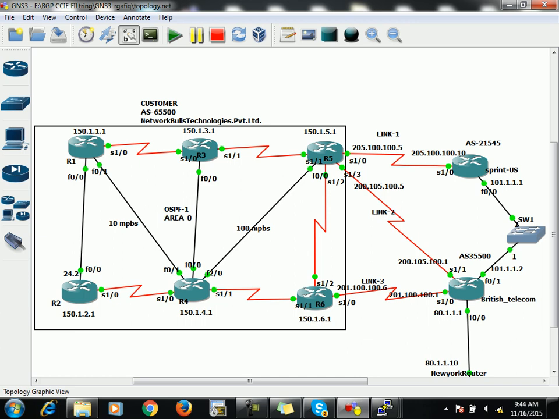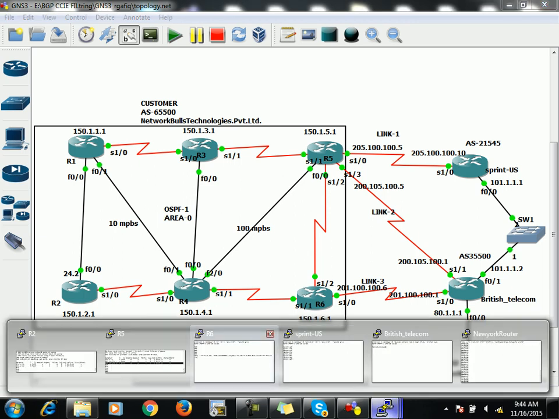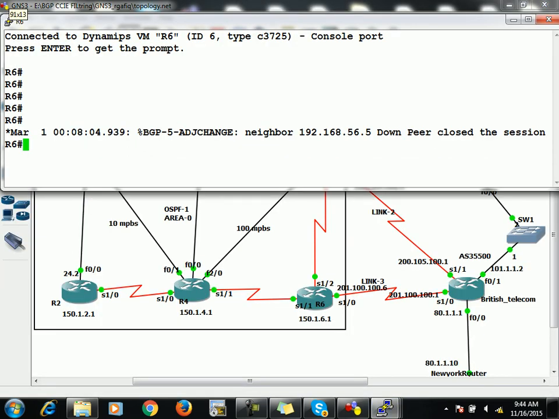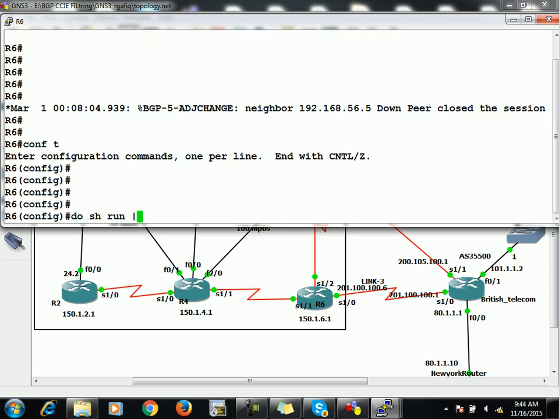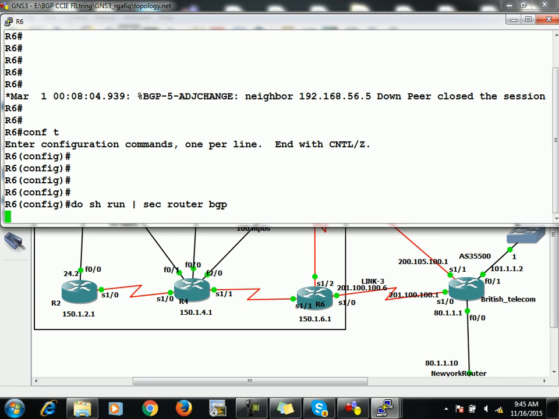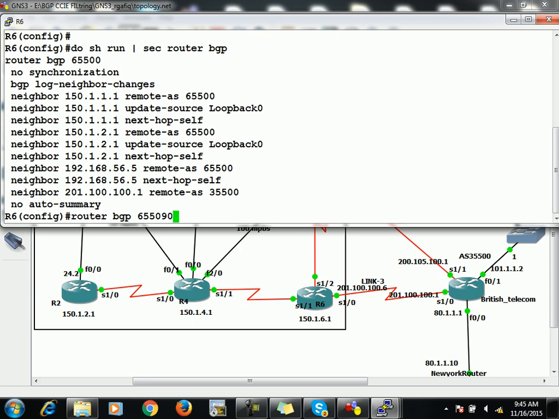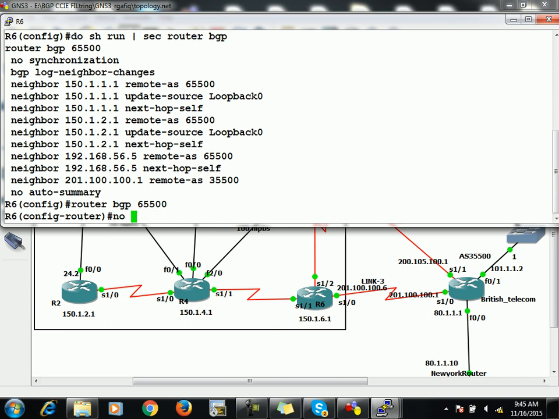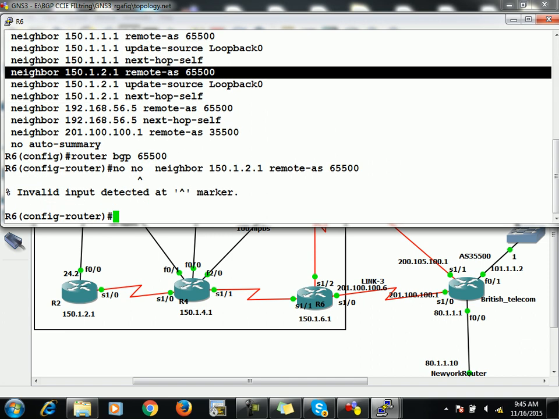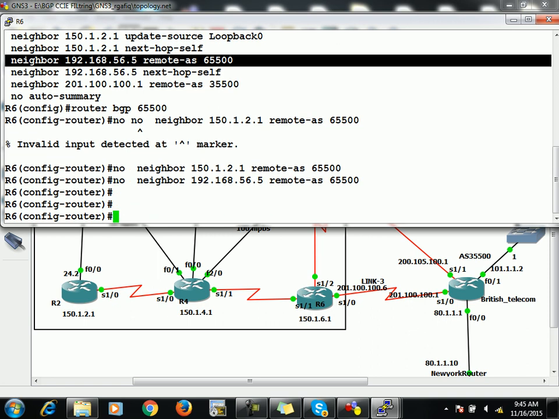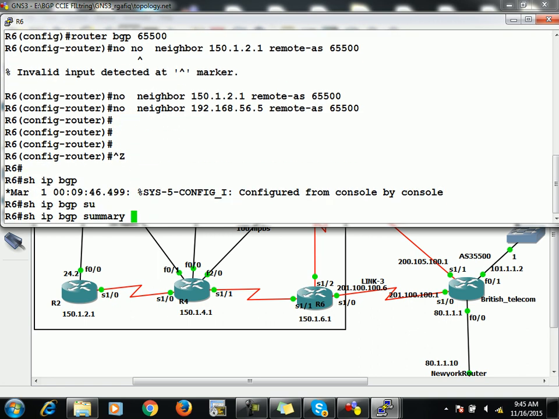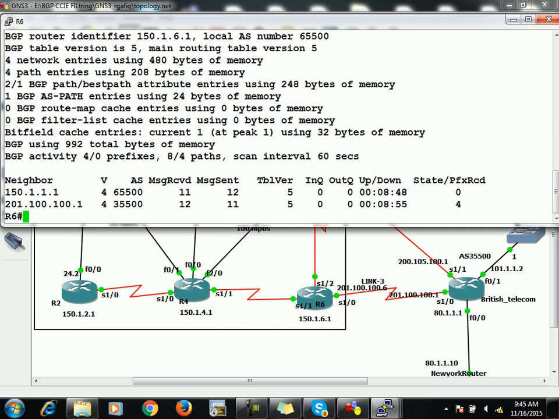Fine, that's true. So finally let's move on to R6, and on R6 I will modify some configuration as well, because BGP is already configured over here. Router BGP 65500, and then I'll remove 2 first from here because I'm not having neighborship with that, and then of course 56.5 as well, right? And then further you will see that now it will be having neighborship with R1 and of course with BT,